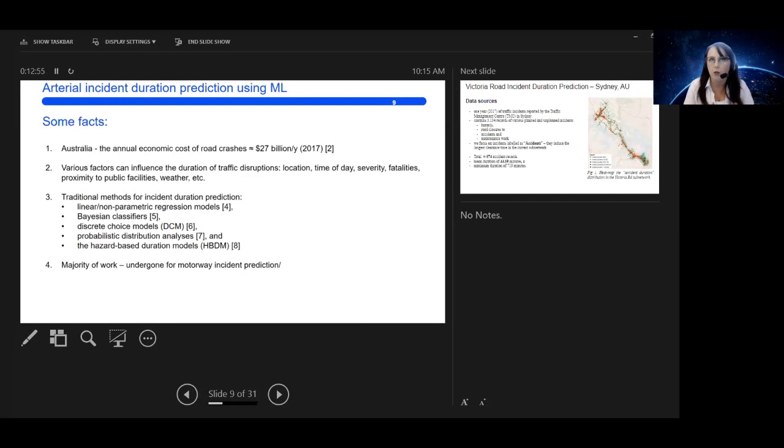Motorways are much simpler to analyze, simply because you mostly have one way, and in general, you either block one lane, two lanes, or very rarely all the lanes on a motorway, even if you have an accident. However, when we're talking about incidents along arterial roads, like regular roads in the city, especially if they happen at a major intersection, you tend to block all lanes in all directions,